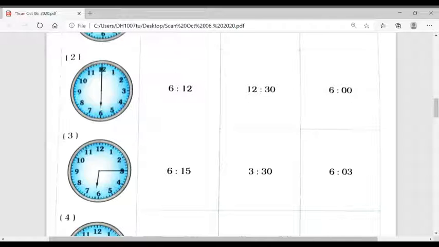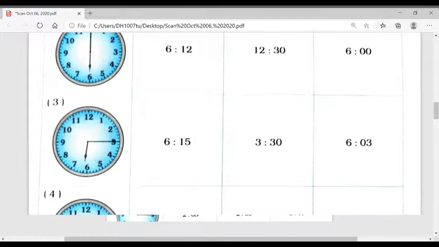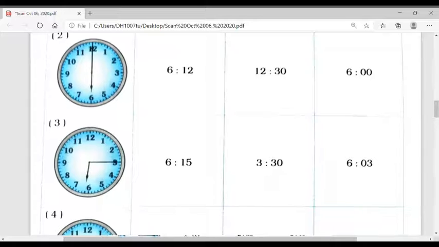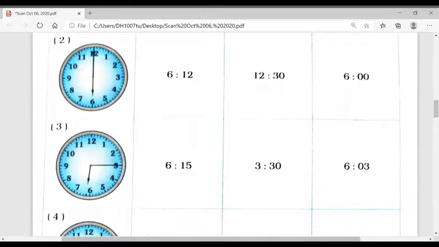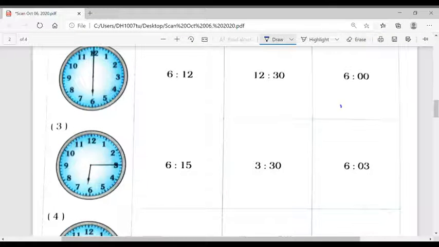The minute hand you have seen is just reaching up to the division of minutes drawn in this clock. So you have to first identify the hour hand as well as the minute hand. Don't get confused with the hands. First find them out, then write the correct time shown by the clock. In the second option, you see here, C, 6 o'clock is the correct answer.